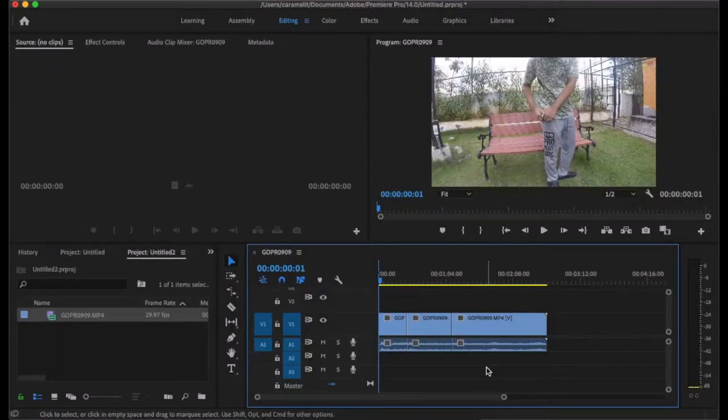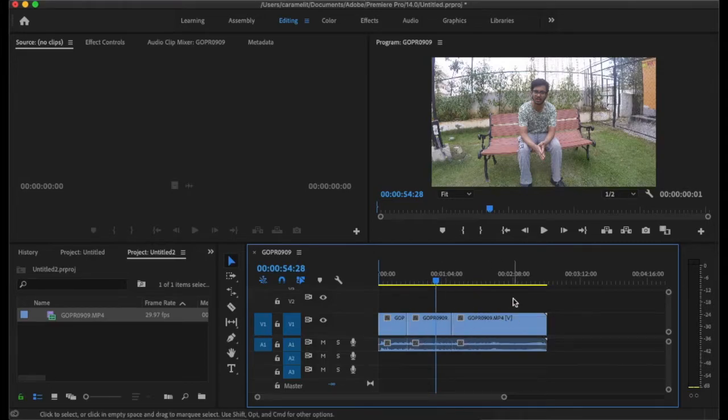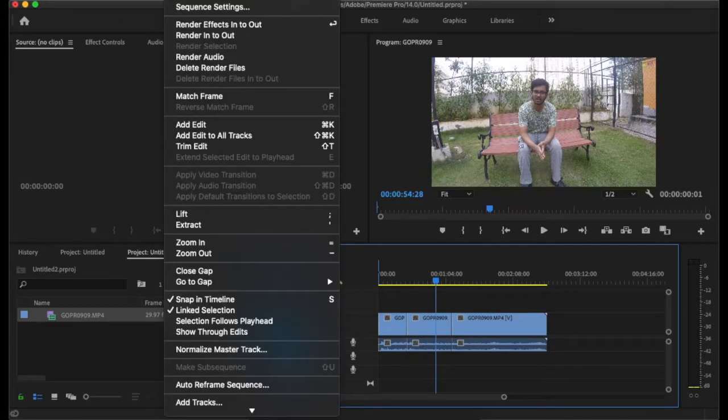This is a very quick and easy video which I want to explain to you. This is to change the sequence settings of the video right here, as you can see. And before I show you how to do the sequence setting changes, I want to explain what